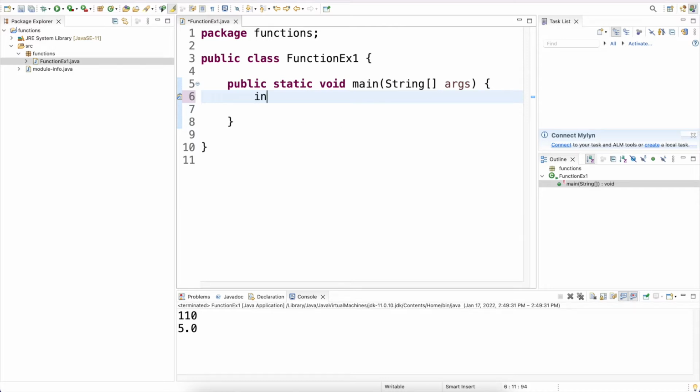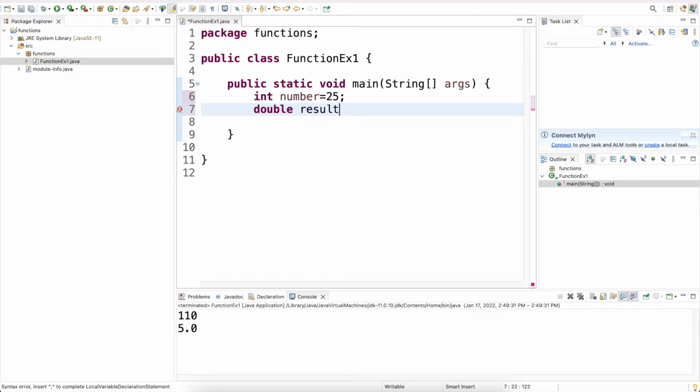Let's say I have an integer number equal to 25. I want to find the square root of this number. And how do we find the square root? We already have some functions available inside the Math class. So I'll say double square root of a number, or you can give anything, result is equal to